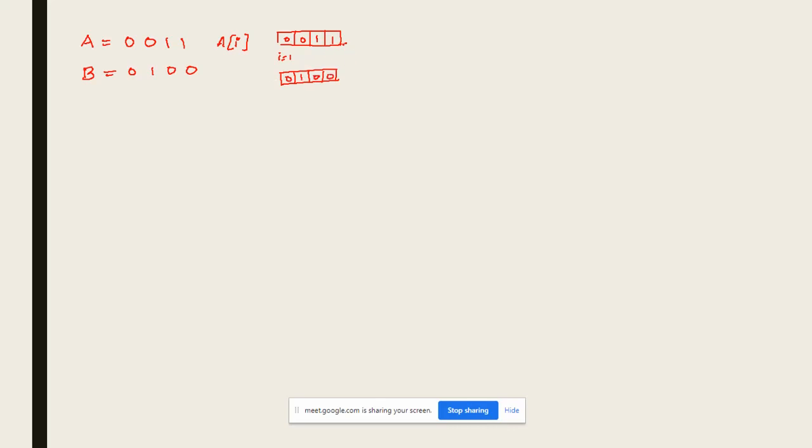So what we actually do is, we will add the 4th bit of A to the 4th bit of B, and we will get an answer. We will save it into a variable sum, and the carry we will get is saved into a carry.